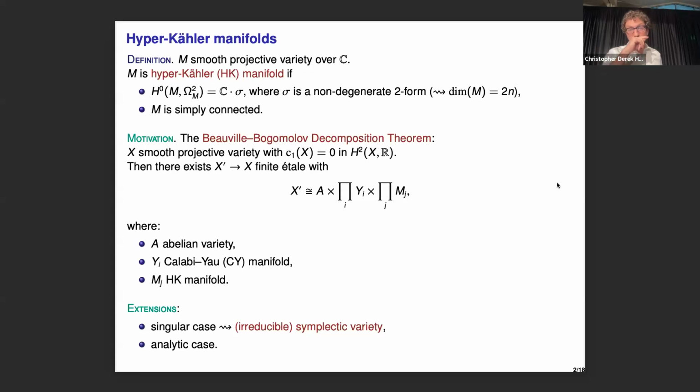So this theorem is due to many people actually. Let me mention them briefly by name. I think Druel, Greb, Guenancia, Kebekus, Peternell, Höring, and also in the whole theory, there is always an analytic version, as I said, even in the singular case. And this has been settled in a paper by Bakker, Guenancia, Christian Lehn. Okay, so that's a bit where the theory stands. So we want to classify these varieties. They help us to classify varieties with Kodaira dimension 0. And so here we are.